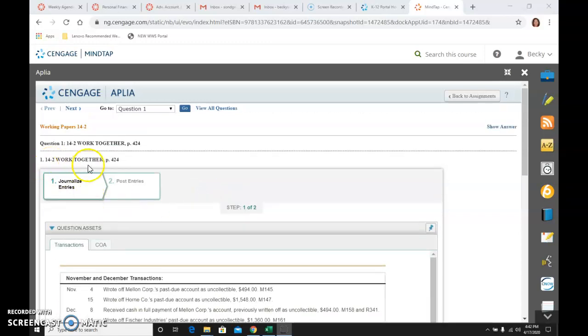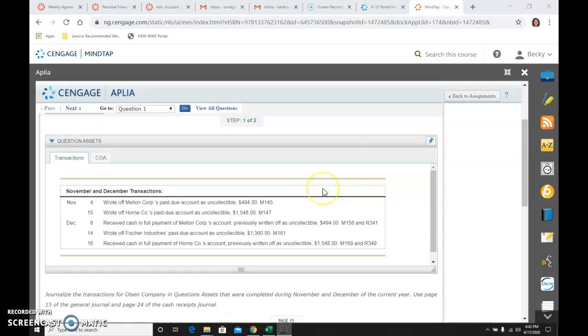Alright, we're doing 14-2 work together, which is on page 424. There are two steps here. The first is we're going to journalize entries for Olson Company using page 15 of the General Journal and 24 of the cash receipts. There are 3 transactions where we write off